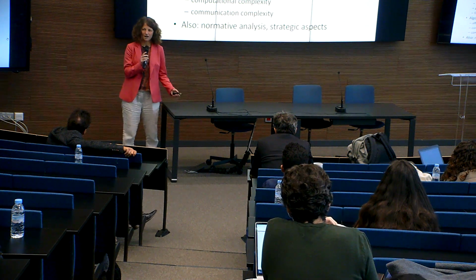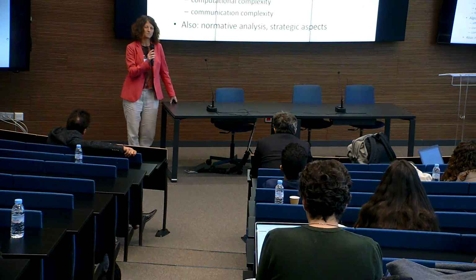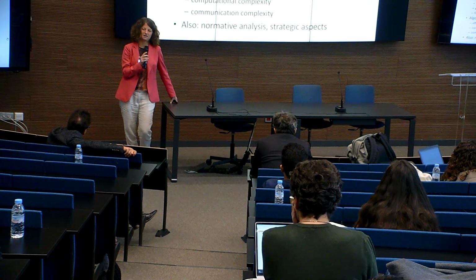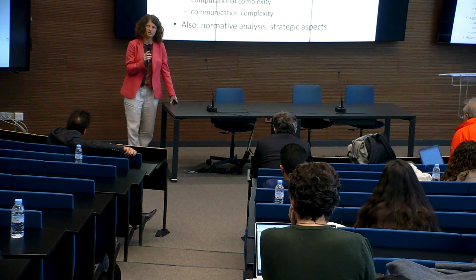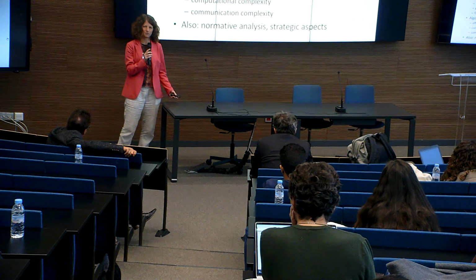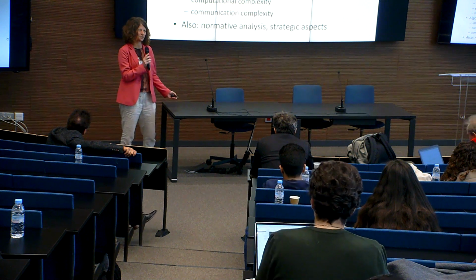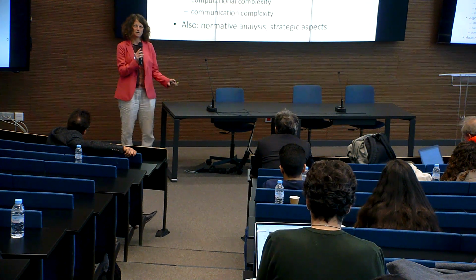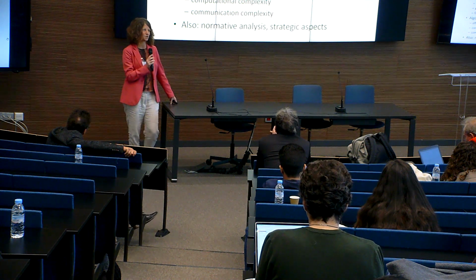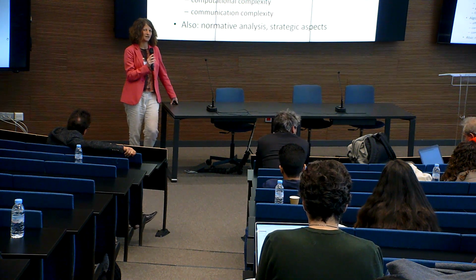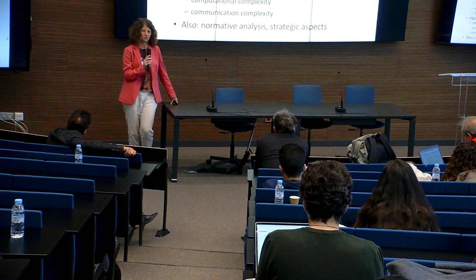Okay, so what are the algorithmic computational aspects? Well, all these problems I mentioned are problems we actually want to solve in practical scenarios, and for them to be solvable, we need to be able to do it quickly and with a reasonable amount of communication. So the sort of question that computer scientists tend to ask in this context is: here's a good solution concept, here's a desirable property, can you have an efficient procedure that implements this idea? Efficient in the technical meaning of computer science: a polynomial time algorithm with a low running time.